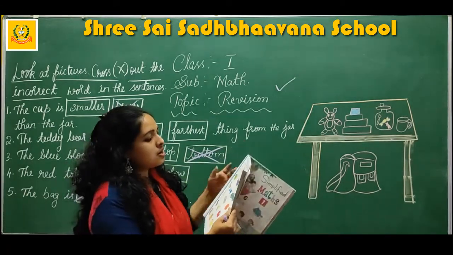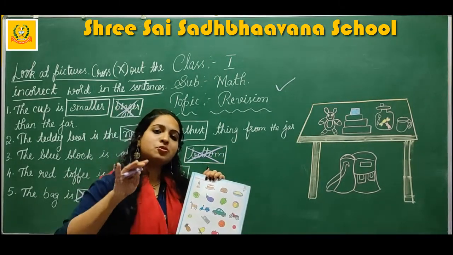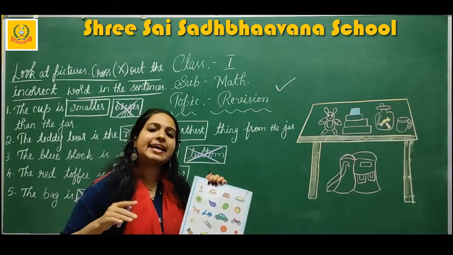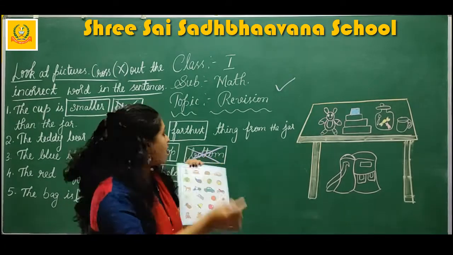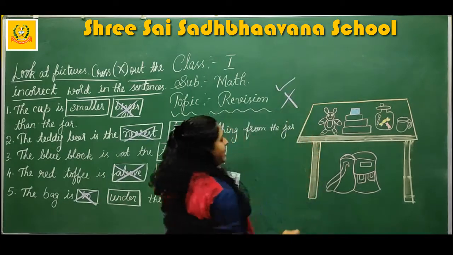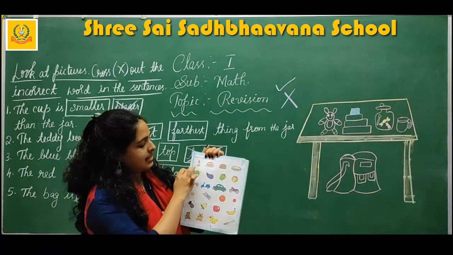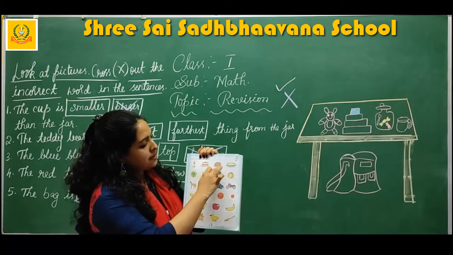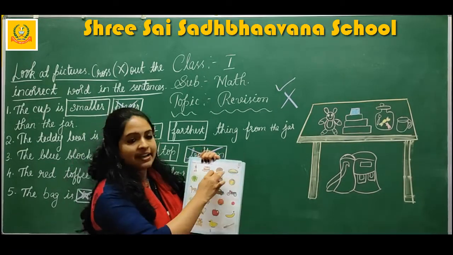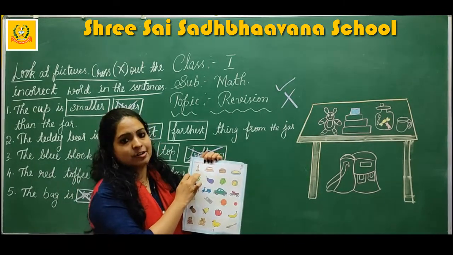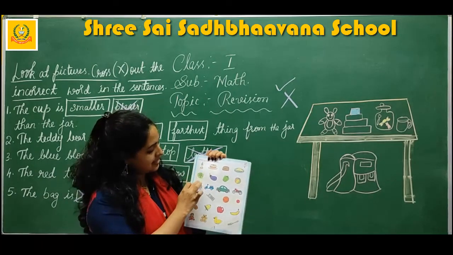Okay. So here cross out the odd one which is not related to the picture, which won't fall under the same category or same group. So that one you have to cross out. Cross out means you have to do like this. Which pictures you have to see? See the first line. Here candle, cake, burger, and one more cake is there. So these 3 are eatables, and this candle is not an eatable. So which one you have to strike out here? Candle.